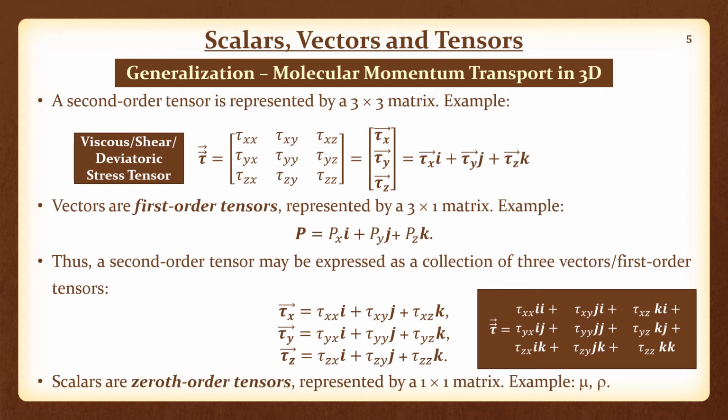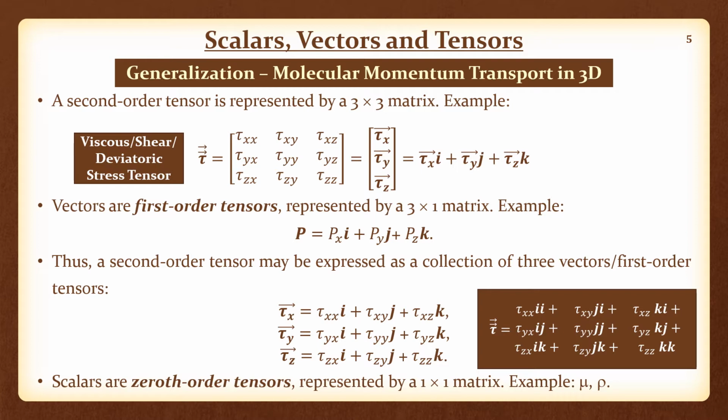Similarly, if you had fluid flow along the y direction and then molecular momentum transport along the z direction, then the corresponding shear stress component would be tau zy, and that of course would be a component in the vector tau z, that is basically molecular momentum flux along the z